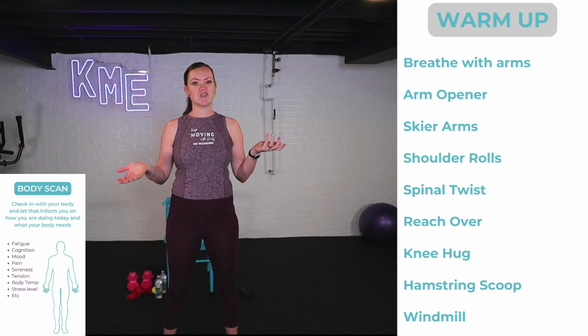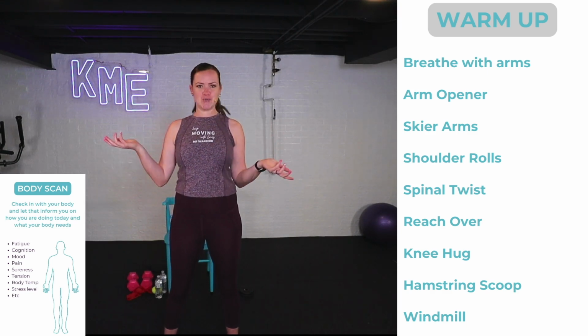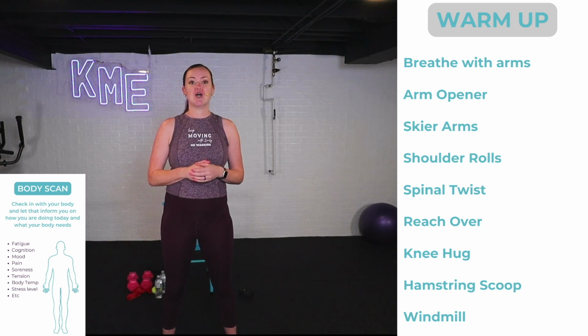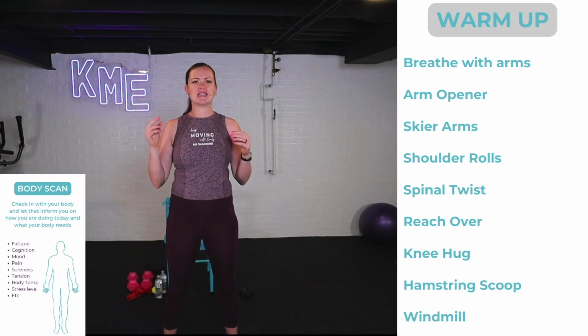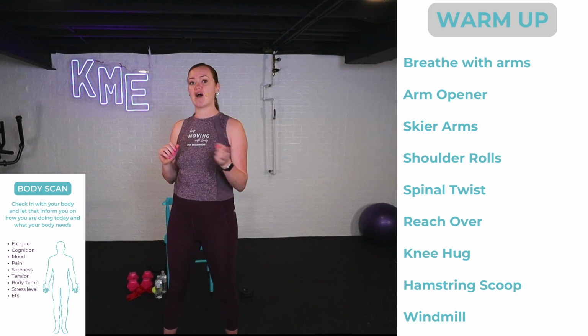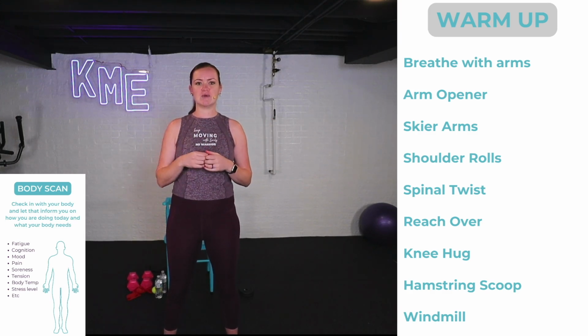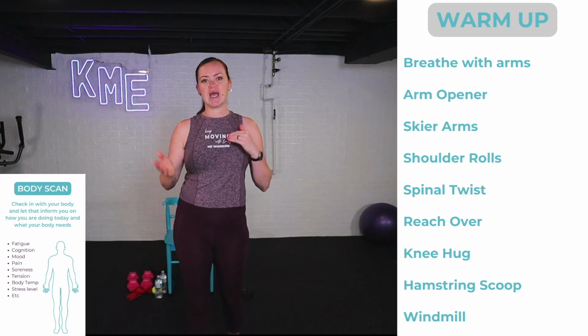All you need are different sets of hand weights and maybe a TheraBand if you have it. If not, water bottles or cans of soup work too. So we are going to be listening to music that's going to whistle to tell us when to work and whistle to tell us when to rest. We're going to listen to that for our warm-up, just so you can get used to that cadence. Our warm-up is written up on the screen, and